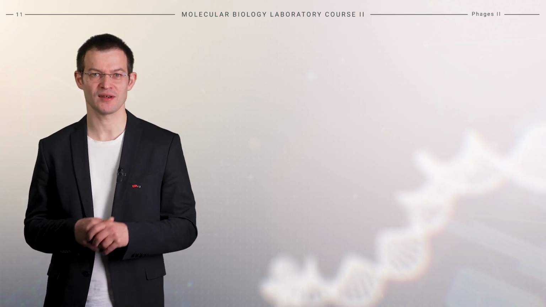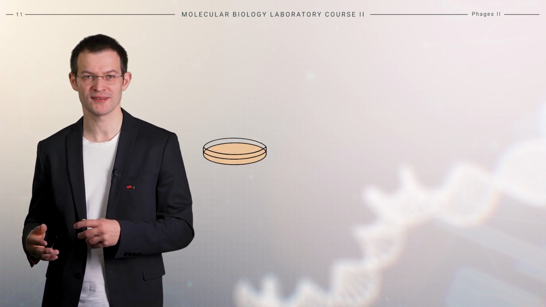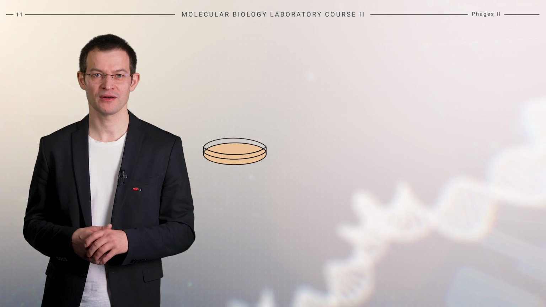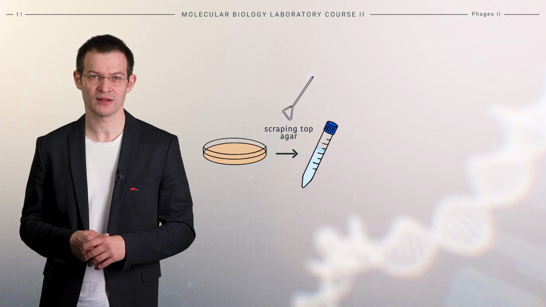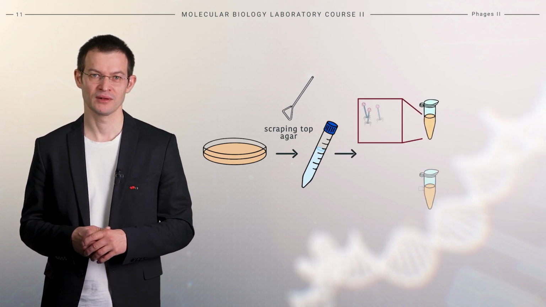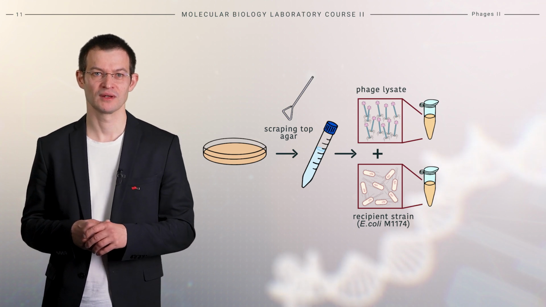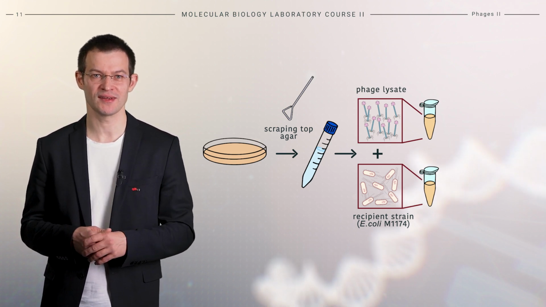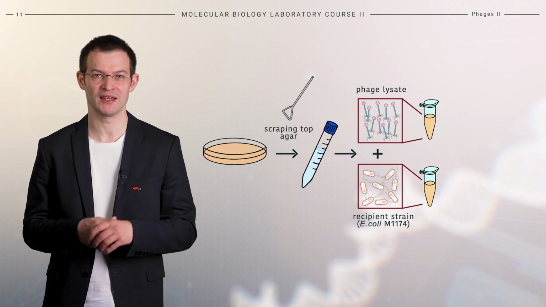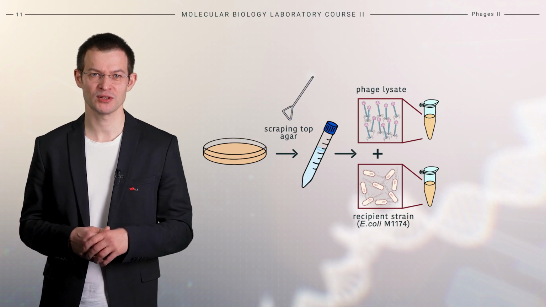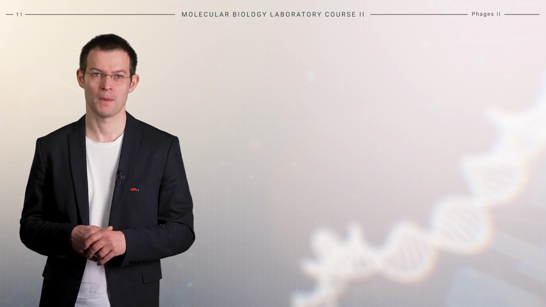Next, the phage lysate is harvested, and the phage titer is determined. Plates with confluent lysis are selected. The top agar layer is scraped off to collect the phage particles, which are then extracted using a buffer. The resulting lysate is used for transduction of the recipient strain. For this, a dilution series of the lysate is prepared and mixed with a test strain in the presence of calcium and magnesium. This mixture is added to the liquid top agar and spread onto an agar plate.